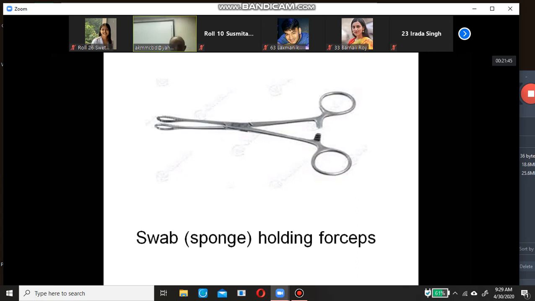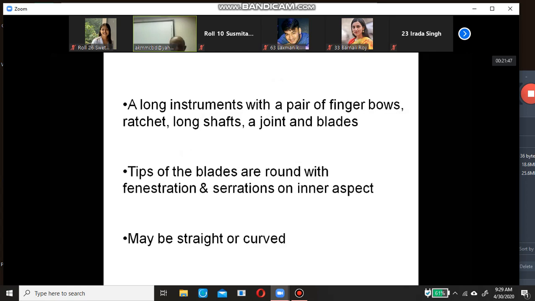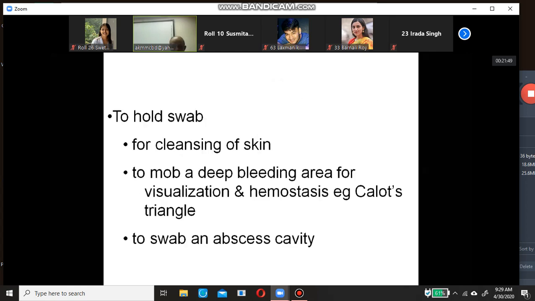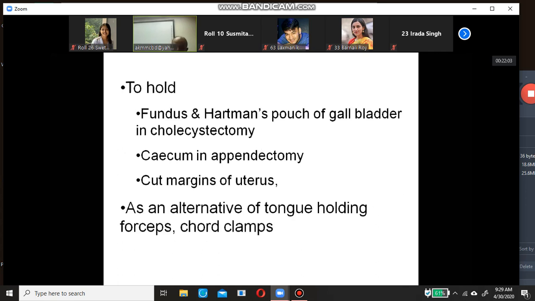Then it is swab or sponge holding forceps. To hold swab for cleansing of skin, to hold a mop on a deep bleeding area for visualization and hemostasis, to swab an abscess cavity, to hold fundus and Hartmann pouch of the gallbladder, cecum in appendicectomy, cut margins of the uterus. As an alternative to the tongue holding forceps, cord clamp.